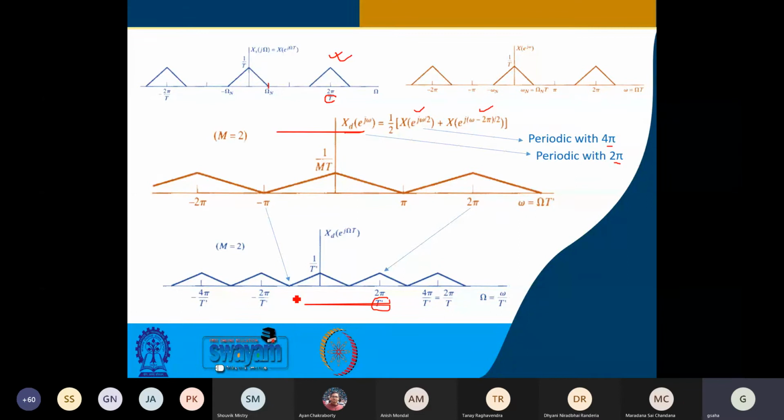Is it understood? This M is equal to 2. So similarly, you can work for M is equal to 3 or so, just for your own clarity. Can I move to the next slide? Is it understood, this part? This part, how we are doing it? Can I get an audio response?